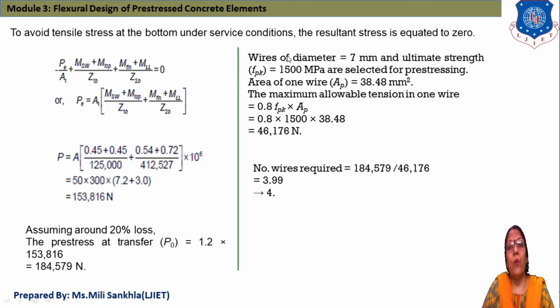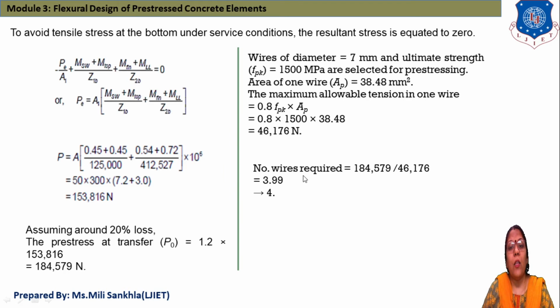Now one by one, for the wire we take a diameter of 7 mm and ultimate strength FPK, which is given as 1500 megapascal, selected from the pre-stressing area of one wire. If we take 7 mm diameter, then area is equal to pi by 4 d square, and that is 38.48 mm square. Now the maximum allowable tension in one wire is equal to 0.8 FPK into AP, because here we assume 20% of losses, so 100 minus 20, 0.8 times FPK, the characteristic strength of pre-stressing steel, times the area of the pre-stressing wire, and the answer is